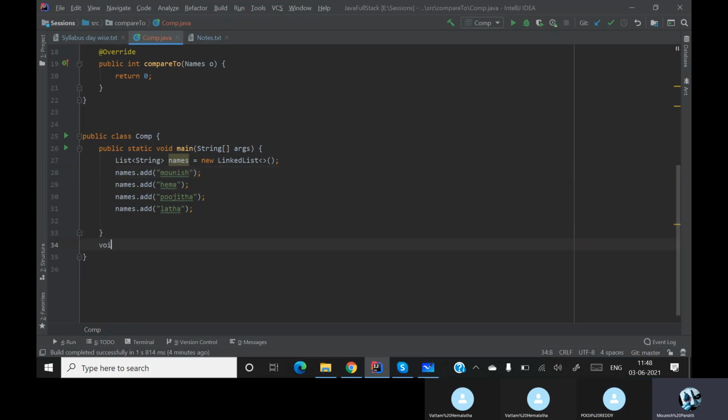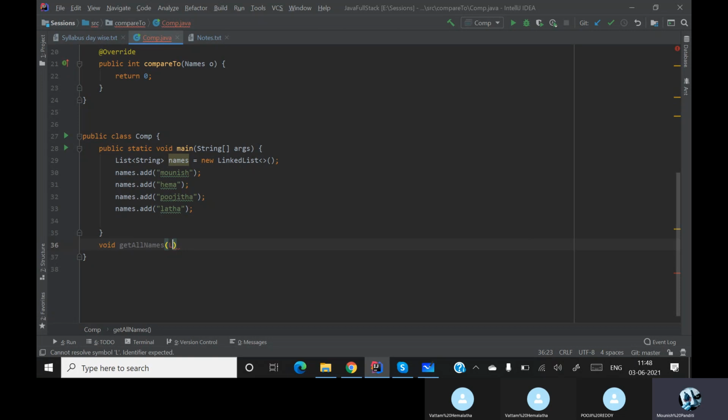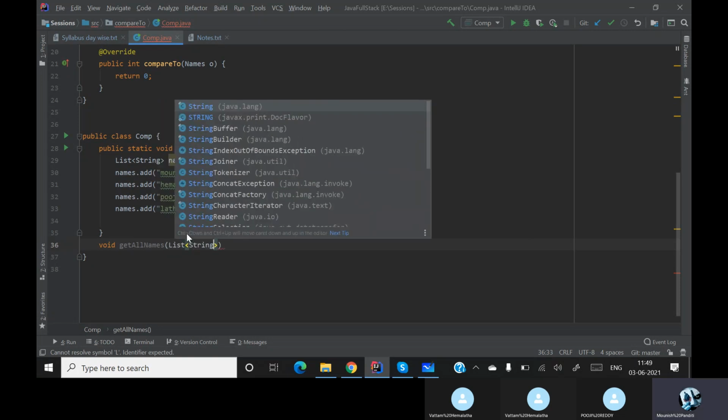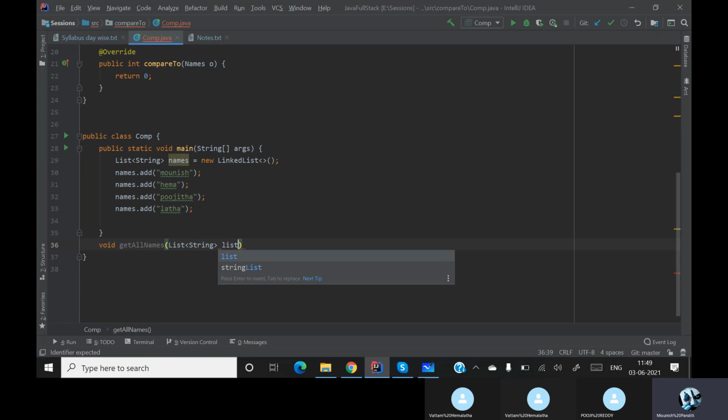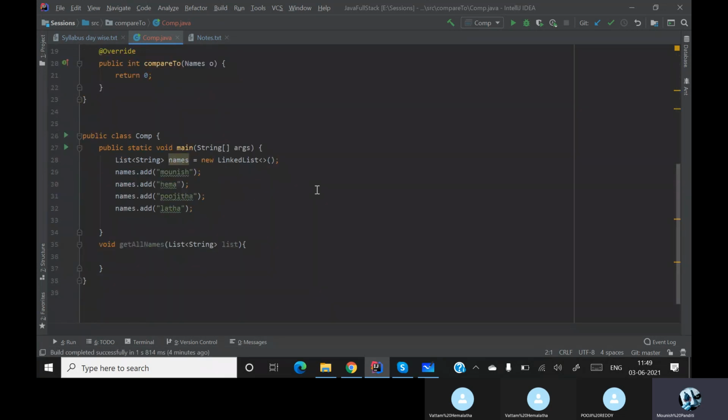First of all, let me create a get all names method. This get all names is basically taking a list of strings, and let it be list. Inside this, do you want to use an iterator or a for each loop?